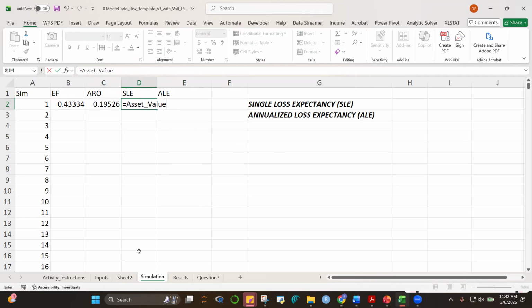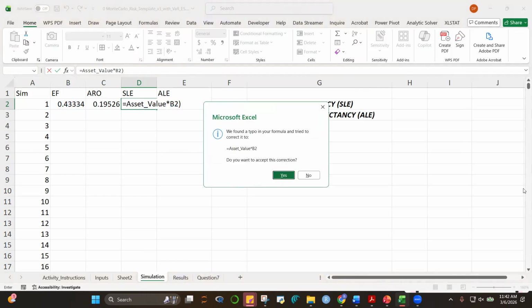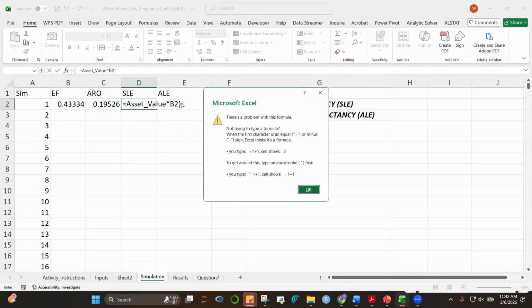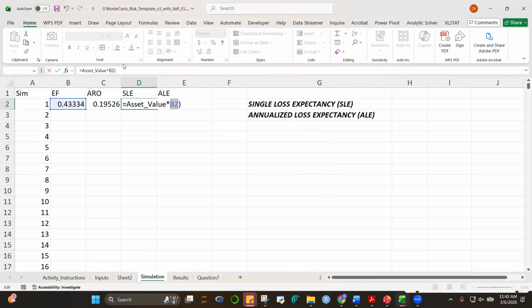Here, asset value. Okay, and then we multiply it by exposure factor. So the single loss expectancy for this particular occurrence is, okay, may typo error ba ako? Yeah, sorry, may typo error ako. Parang parenthesis.